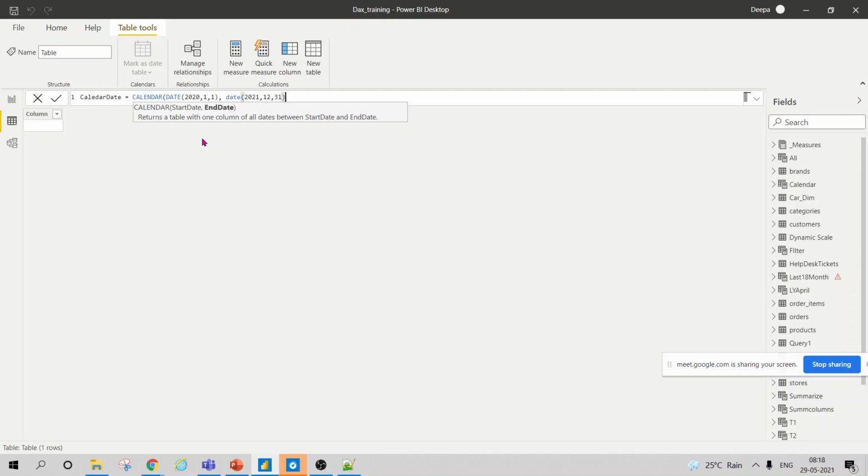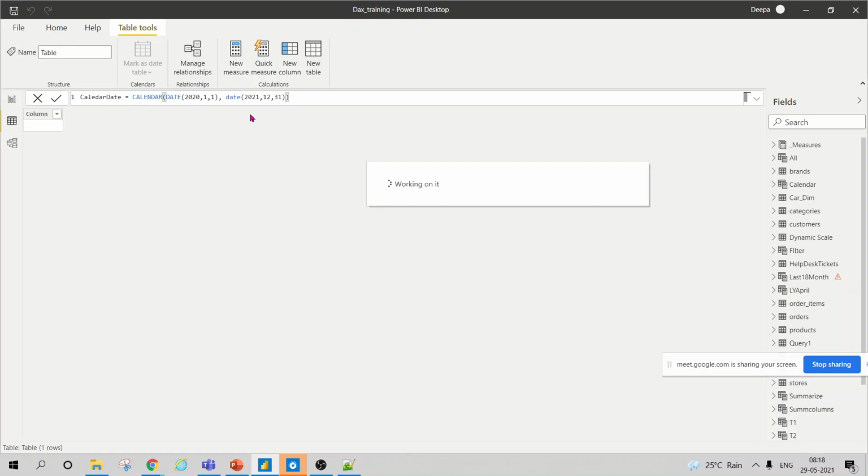So what is it expected to give as the result? It should give all the dates from 1st of January 2020 to 31st of December 2021.